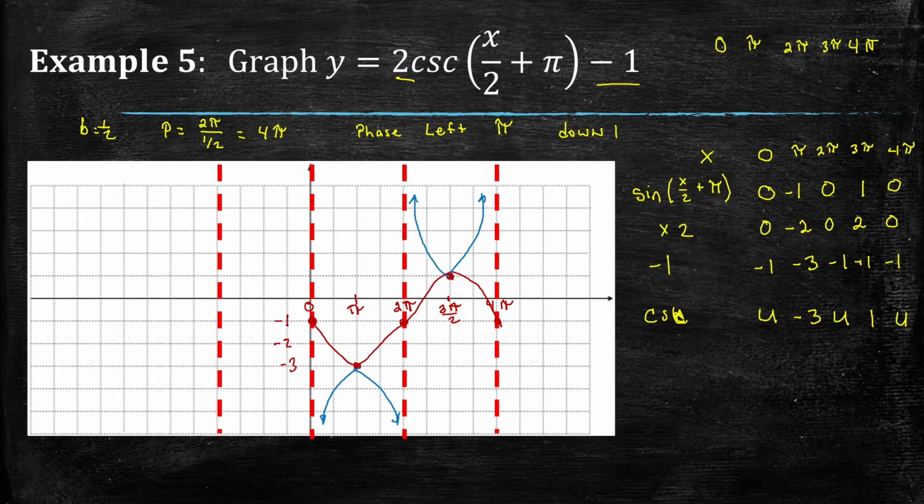Okay, so just to recap what I did here. The first thing I did was recognize that this is the inverse of the sine function. I found my period, my phase, and any other transformations that I have here. I plotted out the sine of whatever was in the parentheses. I did my stretch transformation and then my vertical transformation. I could have done this all at once, but I break it down